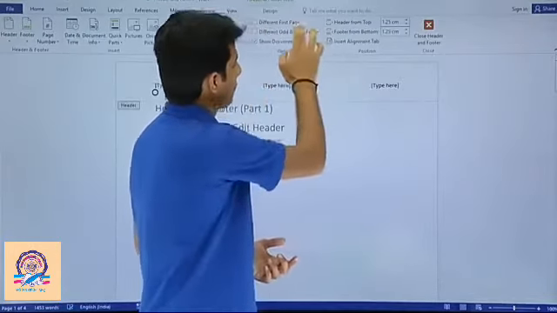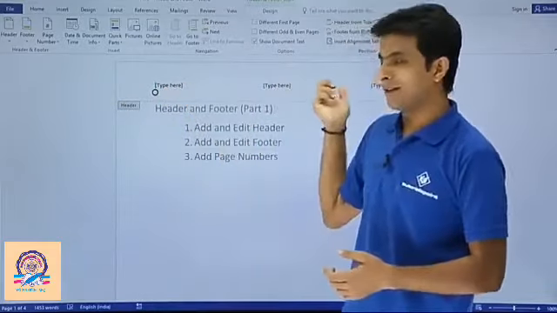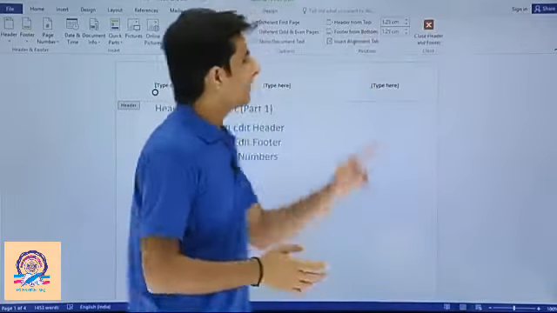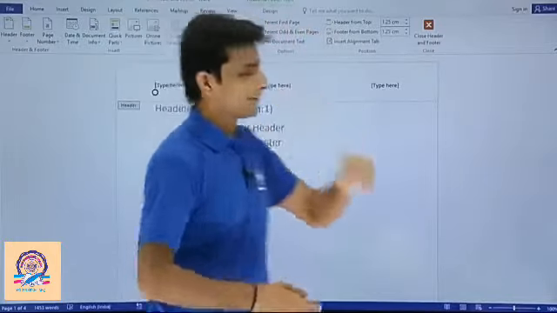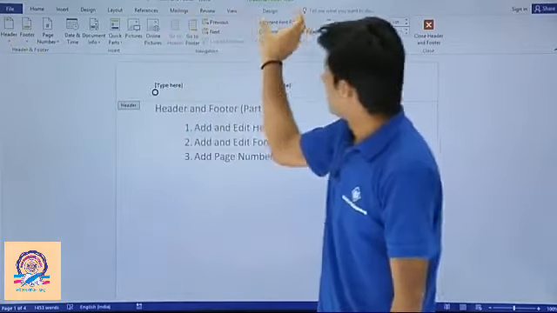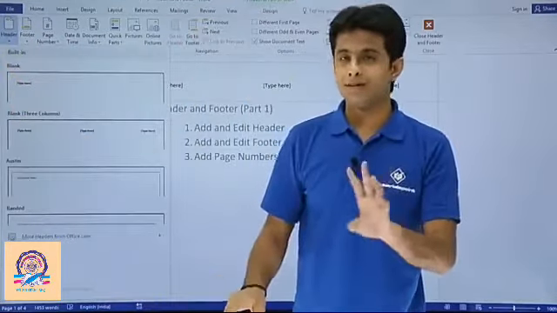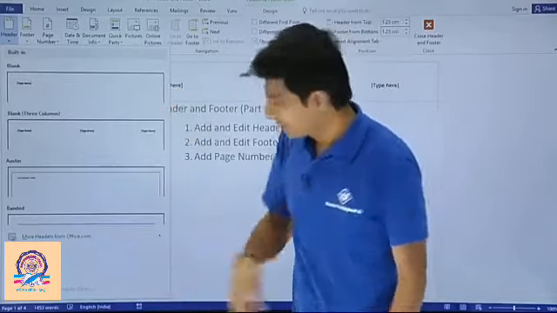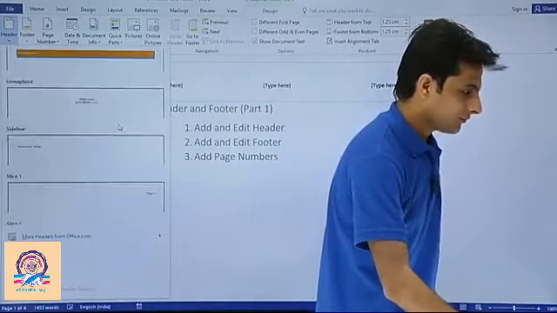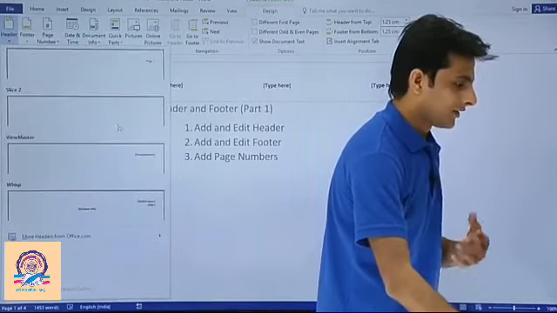So I'll just again go to that place. So you see that's added here. You can also add some text here and here. If you want to change, same method, you can go to this place. Once it is activated, you can go here also, in the design tab, and the same options you'll get. So both the places you can get it. If I scroll it down, you see these are the different types of headers you can add.